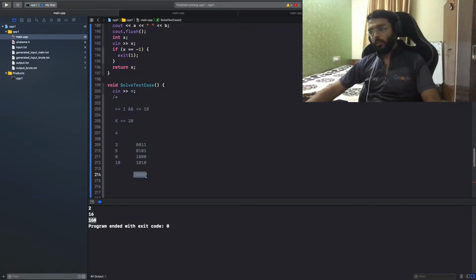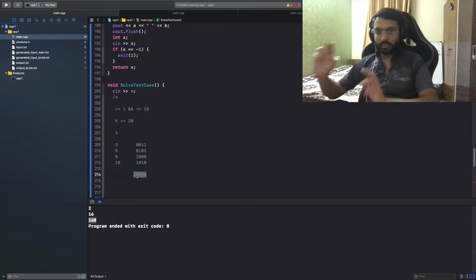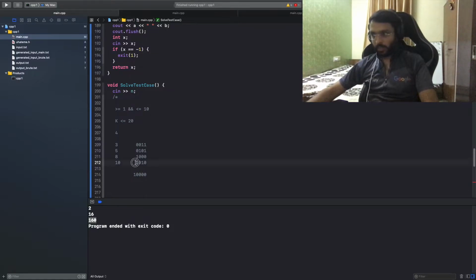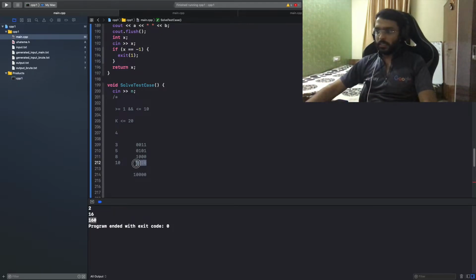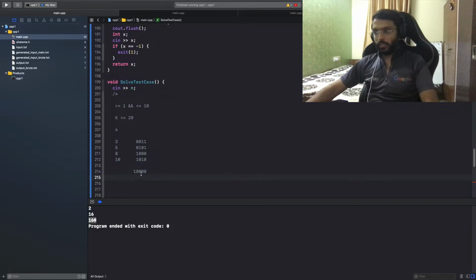So when I'm taking an XOR with 16, which is definitely greater than any of these numbers, and it is an exact power of 2, I know that this is 1, and all of these will be 0 because these are less than 16. Similarly, all these are 0. That's how I have taken the number, and these will remain as they are. So when I take an XOR, for this particular binary digit, if I'm taking XOR of 10 with 16,